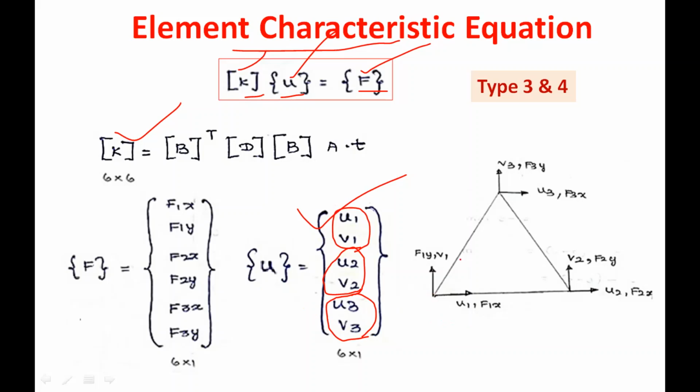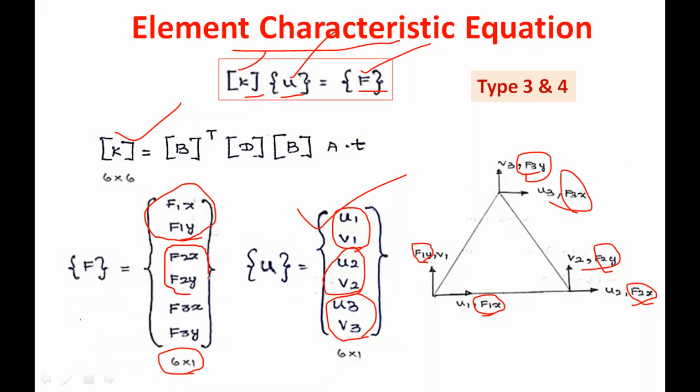Similarly, we can resolve the force components along the x direction and y direction at each node. So here we will get F1x, F1y, F2x, F2y, F3x, F3y, right? In the force matrix also we will have 6 components of forces, a 6 by 1 matrix. For node 1 we have F1x, F1y, node 2 we have F2x, F2y, node 3 we have F3x, F3y. So if you know these matrices K, how to find the K, this is the procedure. Then the unknown displacement U can be evaluated provided you know the forces acting on the element.